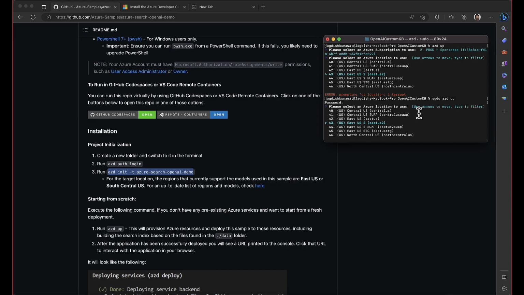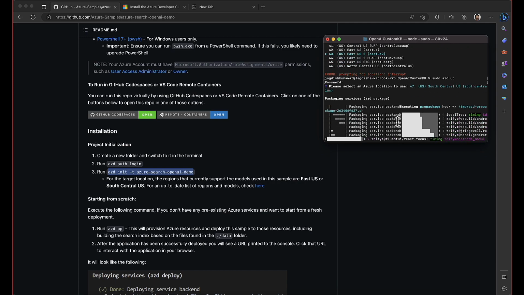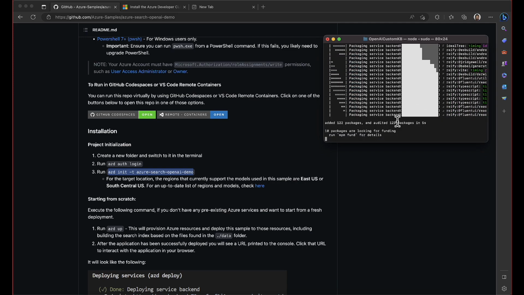Yeah. So now let me choose the location. Here it says for the target location, the regions currently supported for the model using the sample are East US or South Central US. So we can choose South Central US as the location. Now this process will take a lot of time, approximately half an hour,